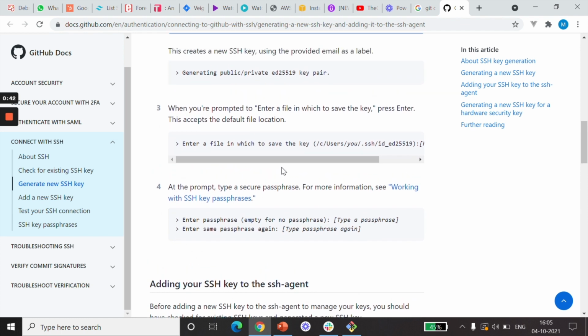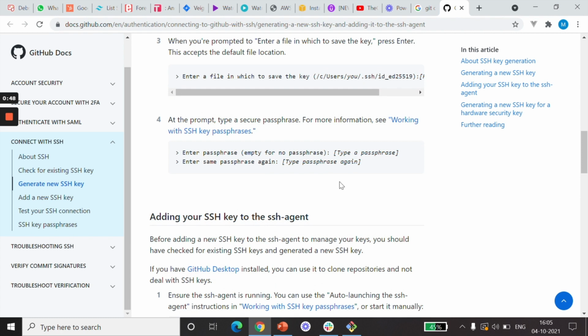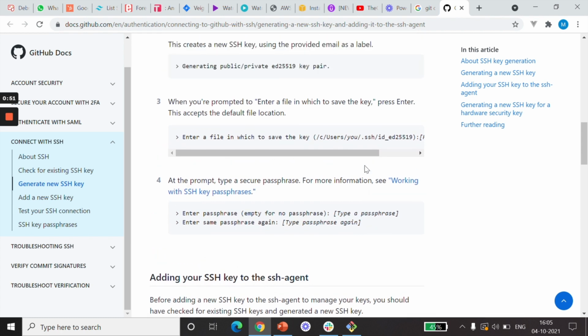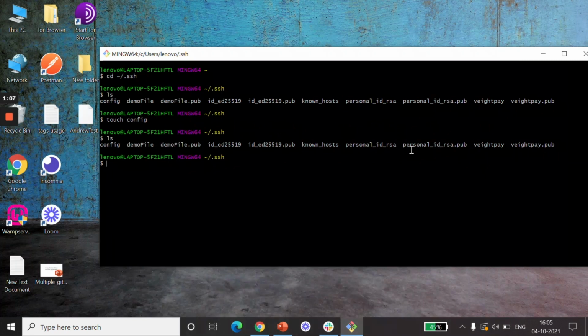For right now you can create the key without a passphrase, and for that press enter and enter. For the third step, where it is written enter a file in which to save the key, that asks for the path of the file. But if you want to create it in the same folder, then you can just type the name of the file and press enter. And the second way is to type the command